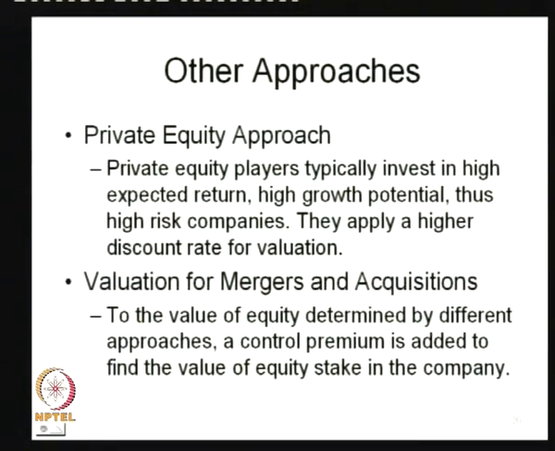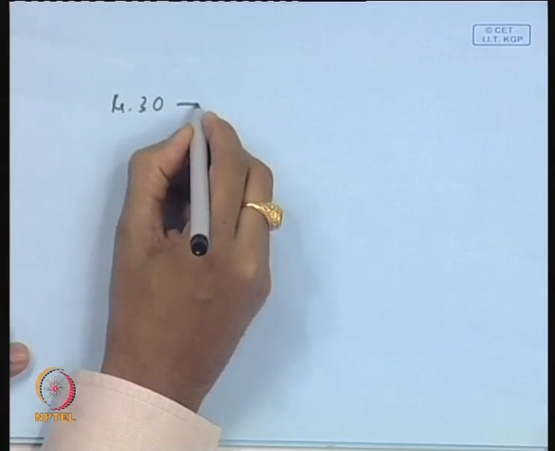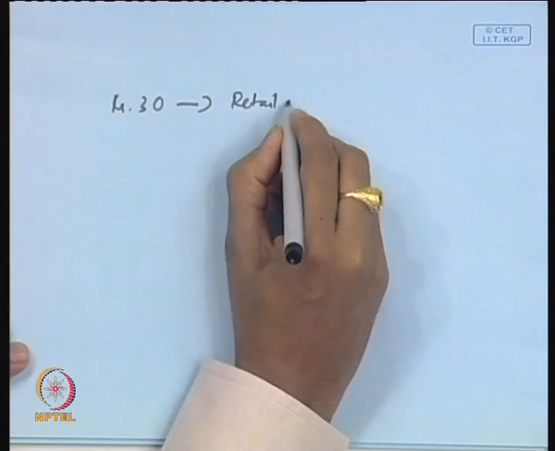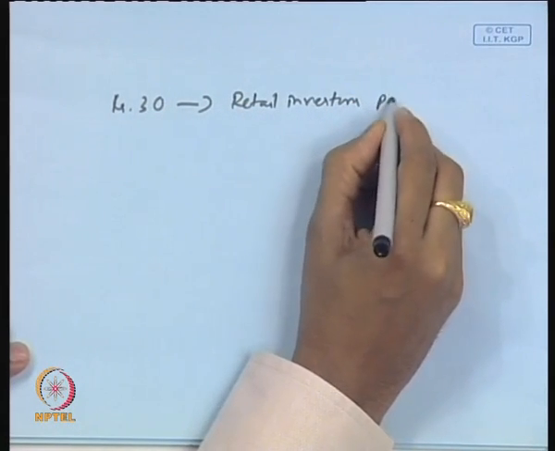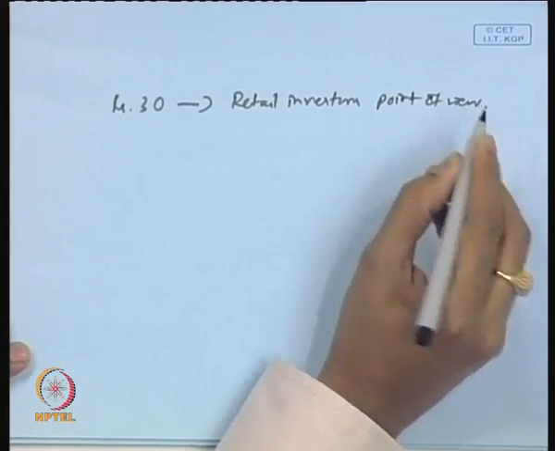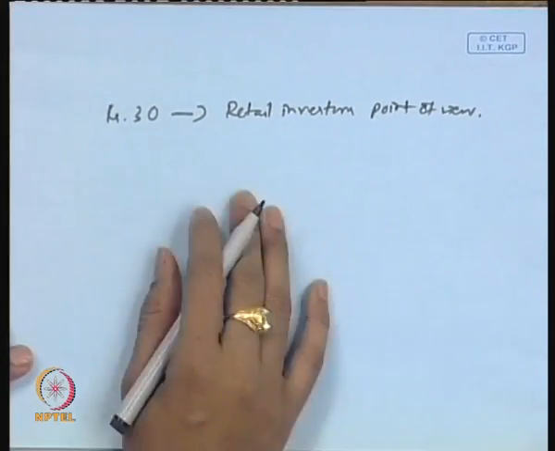Then we have got valuation for mergers and acquisitions. In a merger or acquisition, the acquirer is going to have control over the company also. So, any value that you found in different approaches, the dividend model, relative valuation model, or the free cash flow approach, gives the value per share. Let us say the value per share comes to rupees 30. That is from the retail investor's point of view, but since the acquiring company is going to have control over that company,